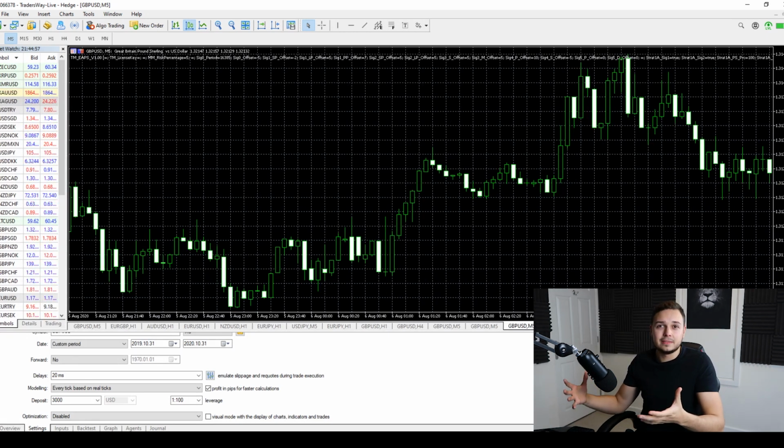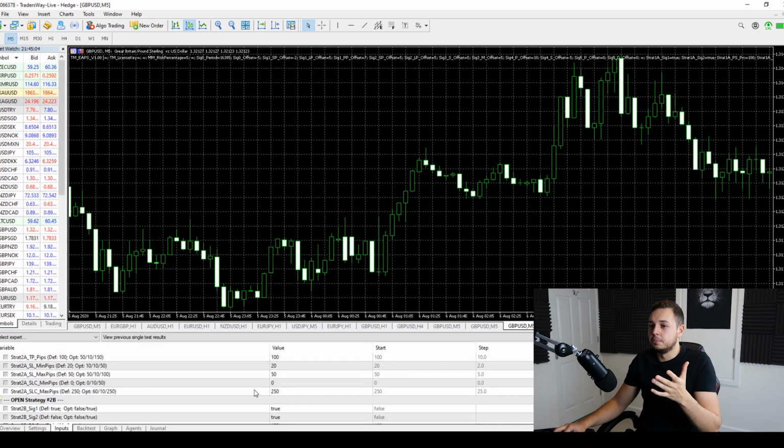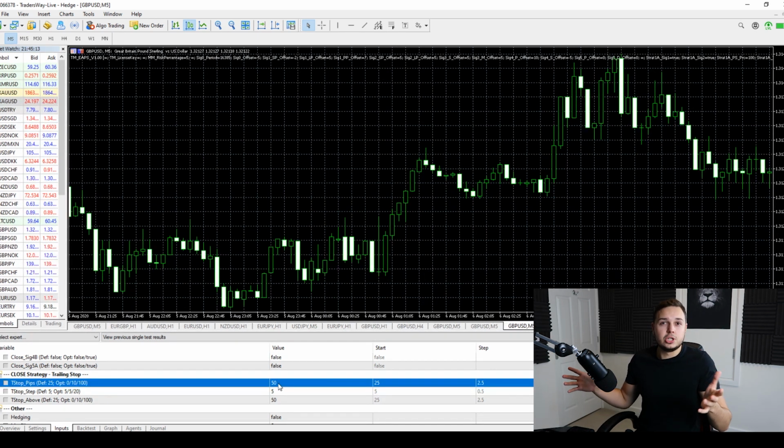You can definitely bank some profits using these major currency pairs. Also, by trailing your stop loss, as you can see on the input section, if you trail your stop loss by 50 pips instead of 25, you gain 5 times as much. Although obviously potentially you could be risking more, but the risk to reward ratio, to me at least, is 5 times the